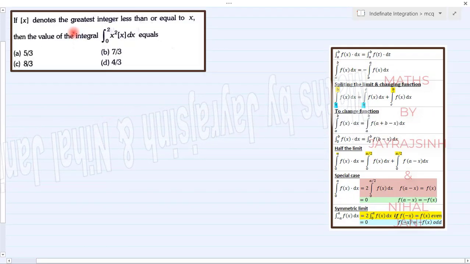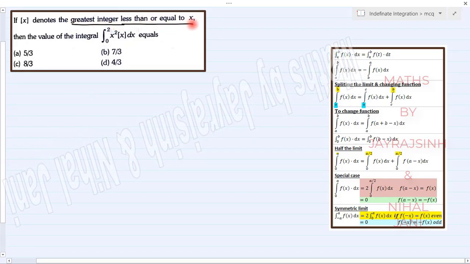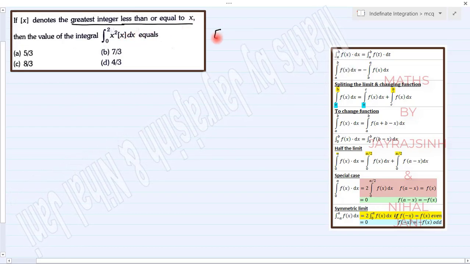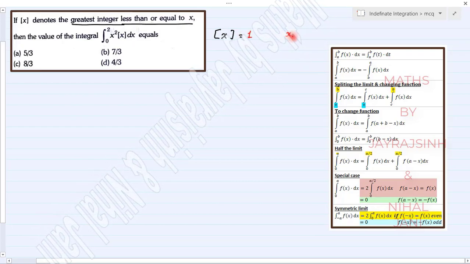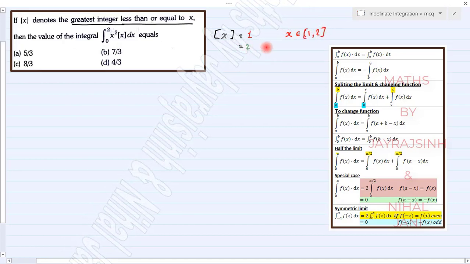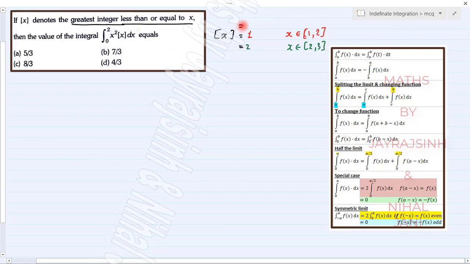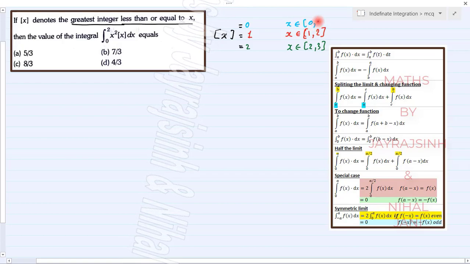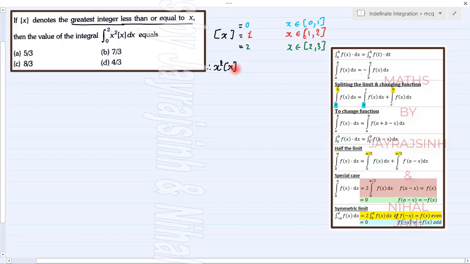Here, box x denotes greatest integer less than or equal to x. And we have to find integration of x square into box x. Now we know that box x will be 1 if x belongs to 1 to 2. It will be 2 if x belongs to 2 to 3. And it will be 0 if x belongs to 0 to 1. So we can say your x square box will be